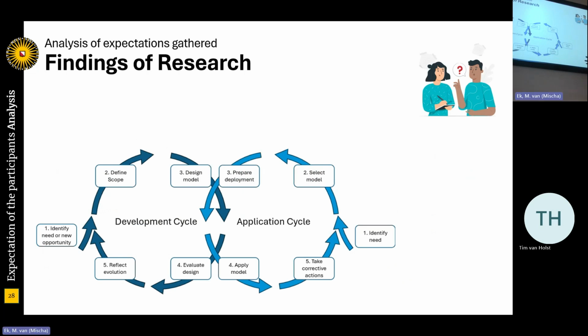Here is the maturity model lifecycle. On the left side, you see a cycle where a maturity model is developed. On the right side, you see an application cycle. This is where a user has a maturity model, and I'm curious about what the current maturity level of my business is, and I use the maturity model to make sense of that. And afterwards, after they use the model, they also think, all right, what are my next actions?